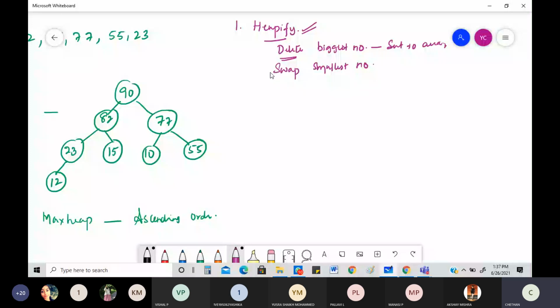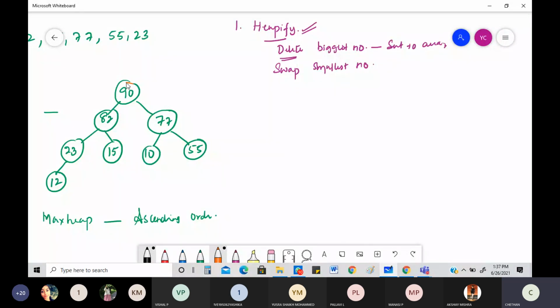Now what is the next thing to be done here? See, we got this without any problem. We got this 90, 82, 77, everything with regard to the maximum heap. Now we need to do what is known as heapification. So what is the first thing to be kept in mind? First thing is you need to see which is the biggest number here. Obviously this one.